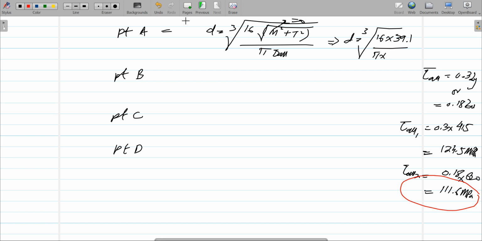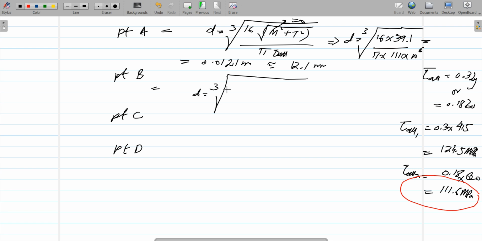Okay, so here the idea is to use the tau level, which is 111.6 into 10 to the power 6. If you solve it, the answer is actually calculated in meters. You have to convert meters to millimeters. So I'll just write the answer in meters, which is 0.0121 meter. So you can approximate it as 12.1 millimeter. At point B, the d is equal to the cube root of